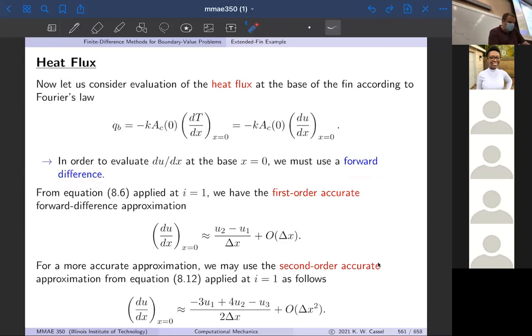I have a first order accurate forward difference approximation right here, u2 minus u1 over delta x, which is first order accurate. We had a second order accurate version, which was this one, minus 3 u1 plus 4 u2 minus u3 over